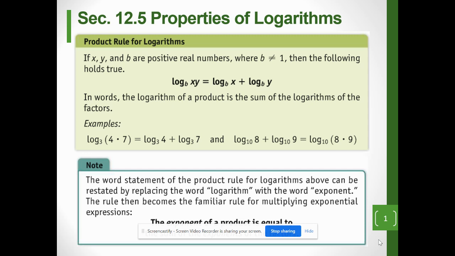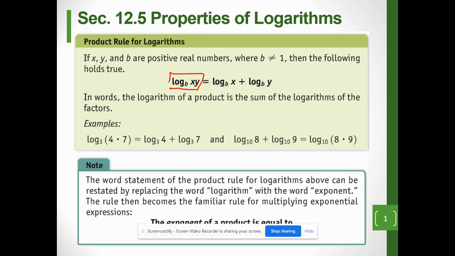Now, 12.5, we're going to talk about some properties of logarithms. What I mean with the properties is we're going to be able to condense, we're going to make it smaller. We're going to be able to expand, which means we're going to make it bigger. Now, one thing we have is, as long as I have a logarithm of a certain base, and I'm multiplying